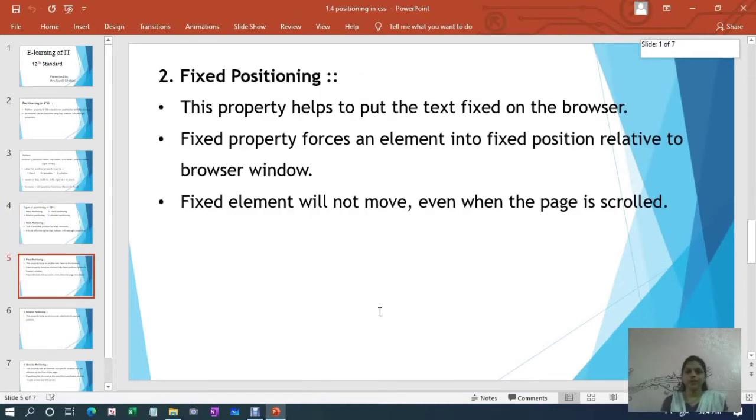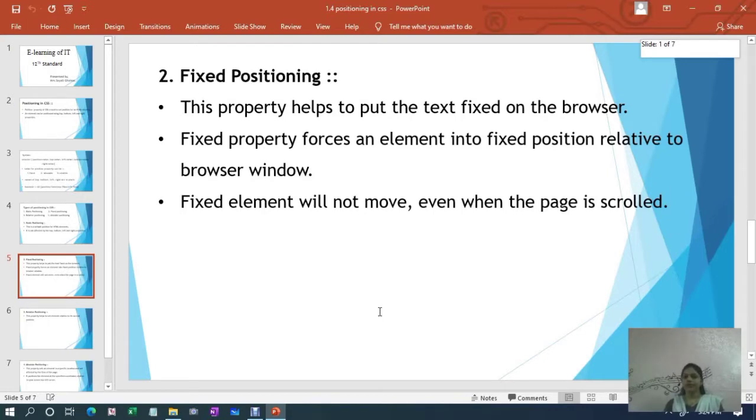Then the second type of positioning is fixed positioning. This property helps to put the text fixed on the browser. That means your text will be at a certain position on the browser and that position will not change.